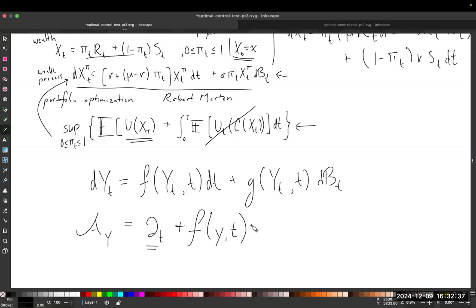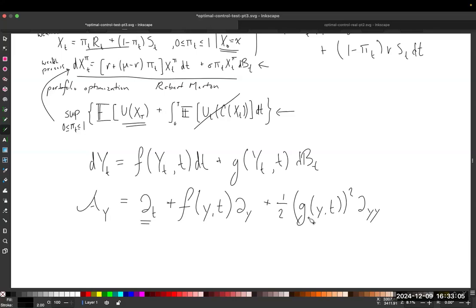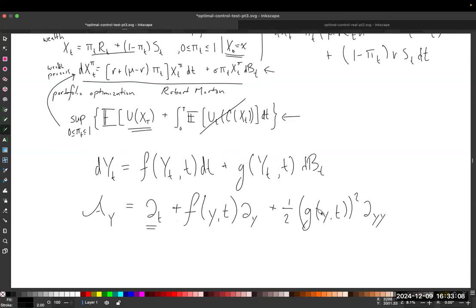And because I'm using y here for our state variable, it's going to be partial y plus 1/2 g(y, t), this quantity squared, second partial with respect to y. This is our infinitesimal generator, and we're going to want to evaluate this for our model that we're using in order to derive the Hamilton-Jacobi-Bellman equation. So this is just the general case, and then if we were talking specifically about our wealth process,